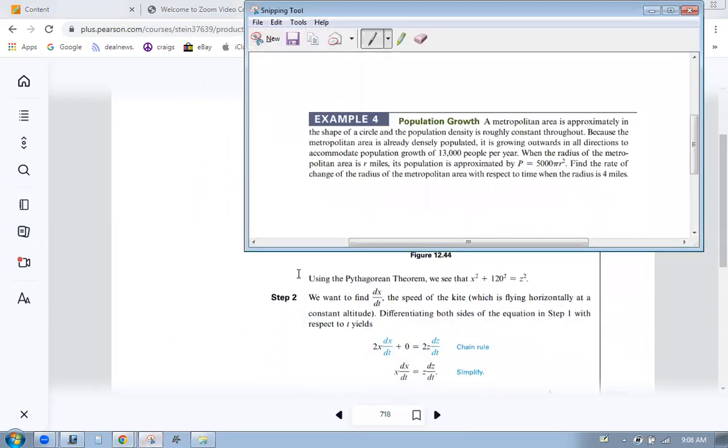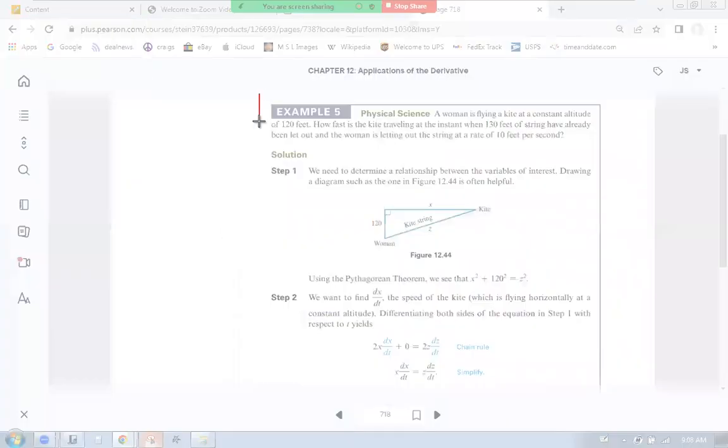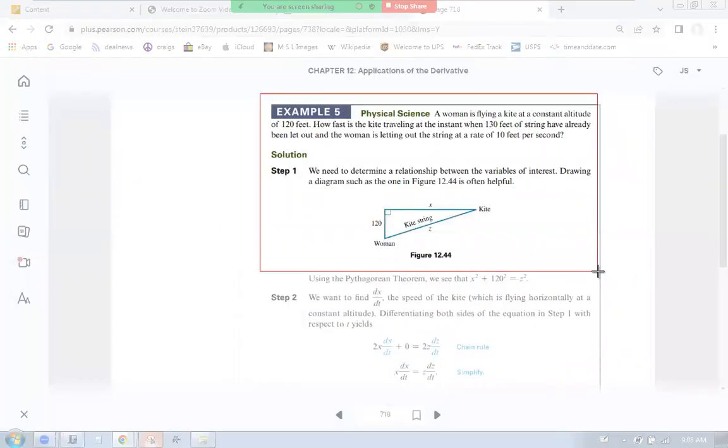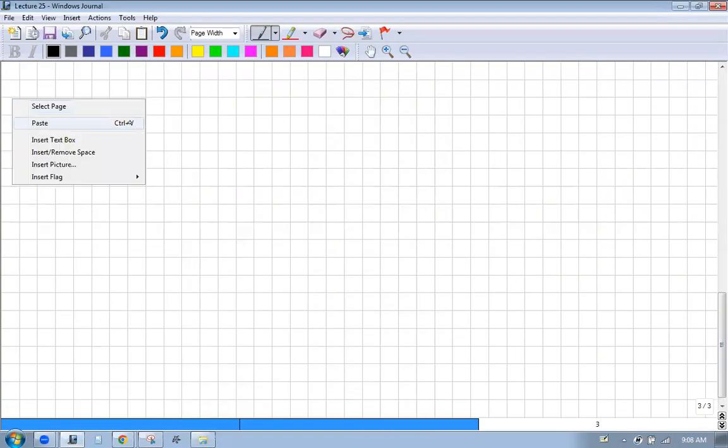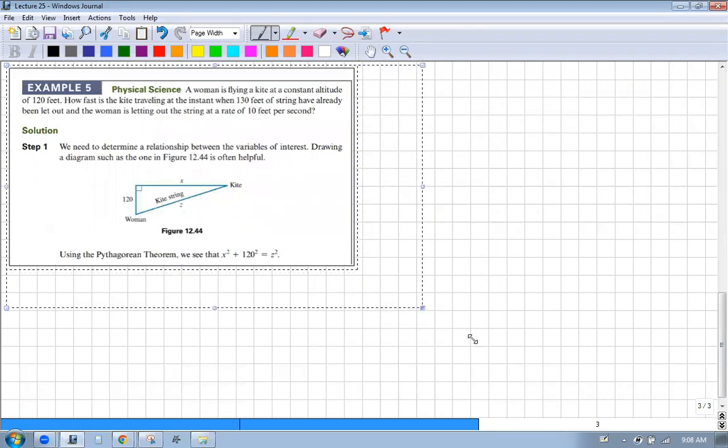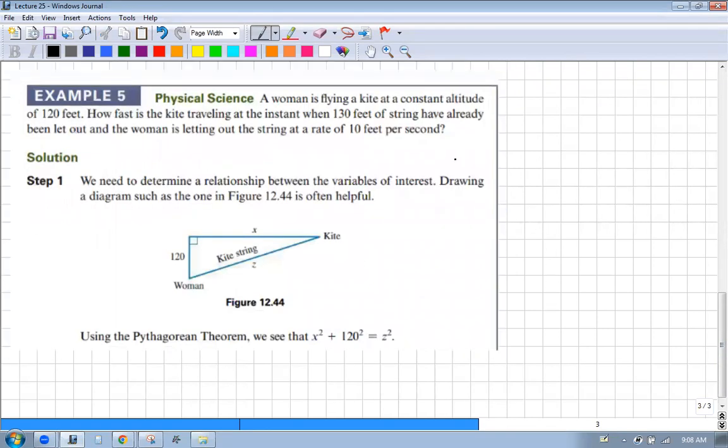Okay, let's look at another one here. I'm gonna steal their little picture here, save me some time drawing. Physical science. A woman is flying a kite at a constant altitude. Here's the woman. Here's the kite. The kite stays at the same altitude. So far, the picture makes sense to me. At 120 feet. How fast is the kite traveling at the instant when 130 feet of string have already been